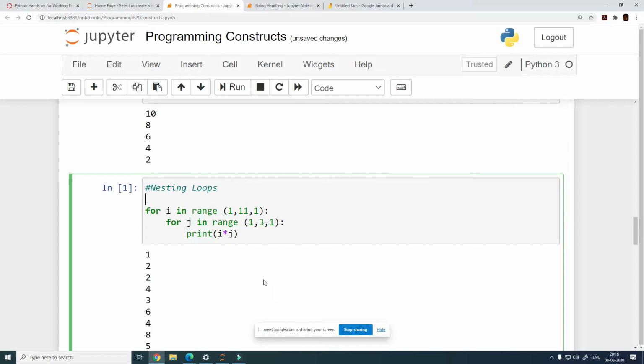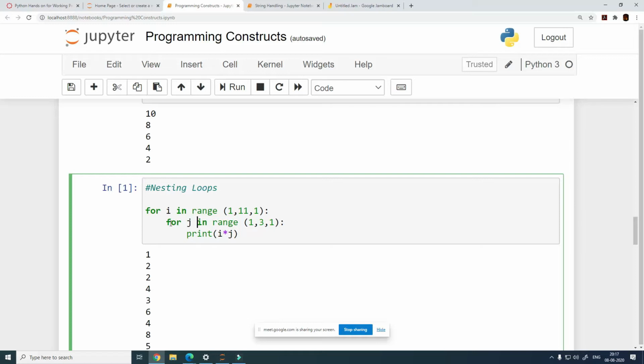What does it mean? It means that you are writing a loop inside another loop. In the same way, you can do nesting of while loops as well. It can also be the case where your outer loop is a for loop and the inner loop is a while loop, and vice versa, where your outer loop could be a while loop and your inner loop could be a for loop. Because essentially we have already discussed that, be it a for loop or a while loop does not really matter.